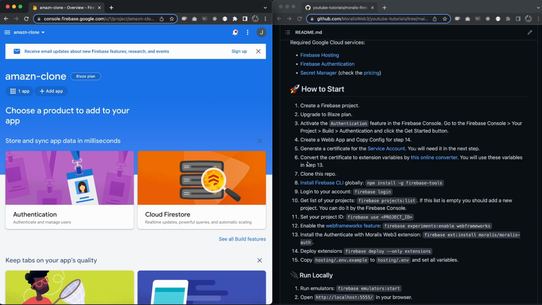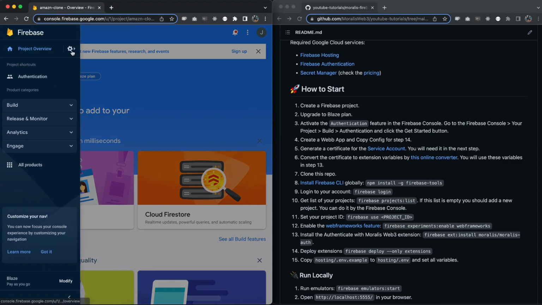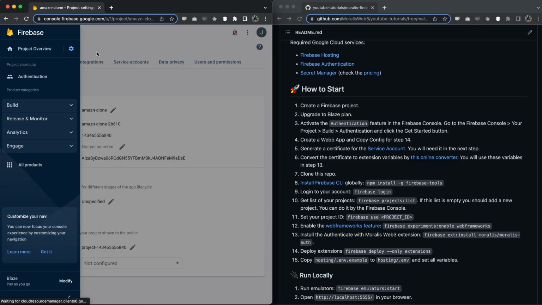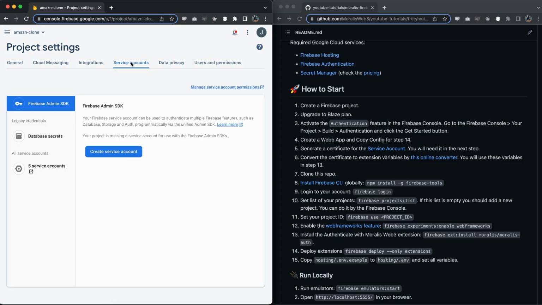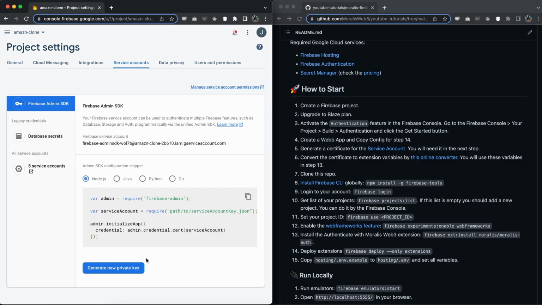So let's move on to step number 5, to generate a certificate for the service account. And we will need this in the next step as well. So let's go back to this side menu again and go to settings, project settings, and inside service accounts we should have a button down here, right here, to generate a new private key. So make sure you generate that one,